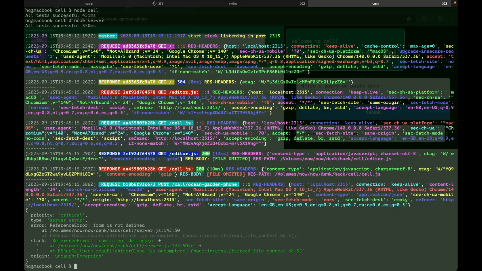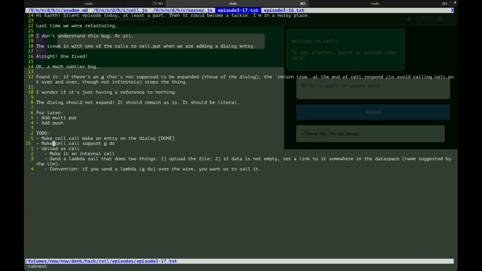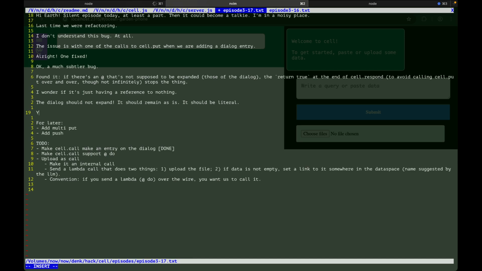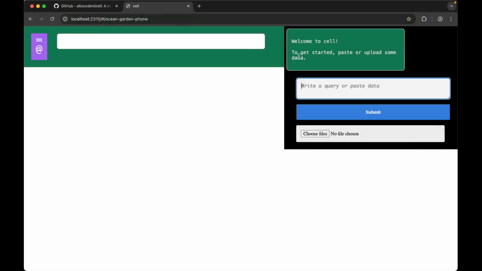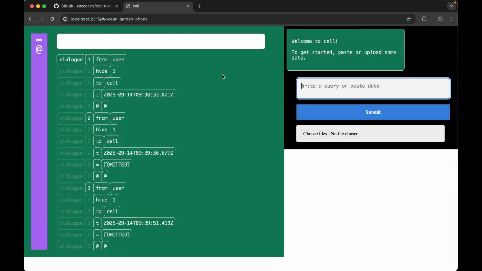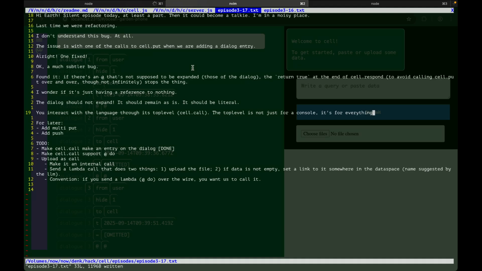But I like this. I like that the language has its own top level. The top level is not just for a console, it's for everything. I like that. I really do. Okay, the dialog, yeah, because it used to be